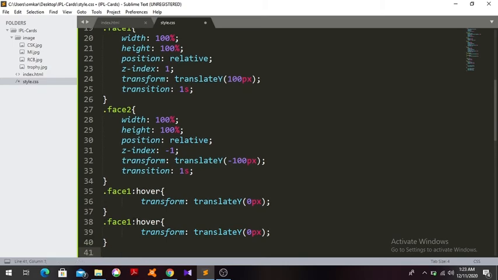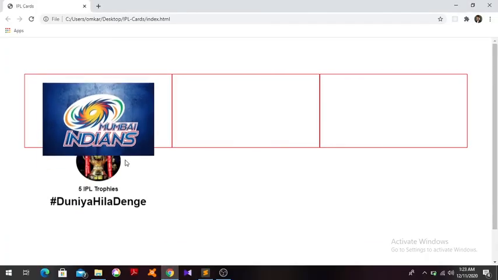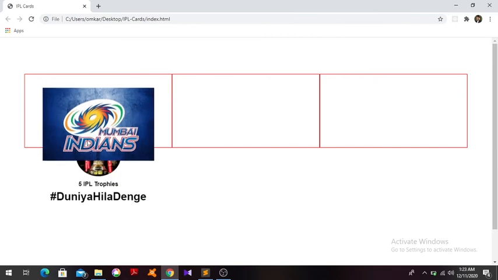But here the condition is I just can't do this like phase 2 colon hover. When phase 1 is hovered, I want to make changes in phase 2. So I will use this operator called tilde operator to make sure that phase 2 is affected when phase 1 is hovered. So phase 2, and also its transform to 0. So save the changes and refresh. So you can see when I hover phase 1.